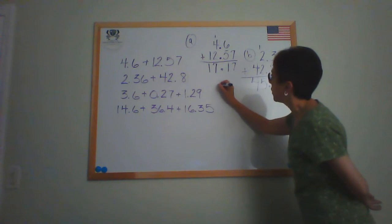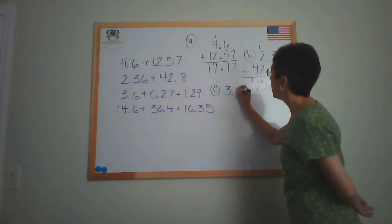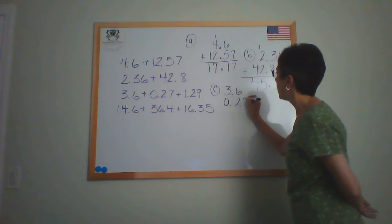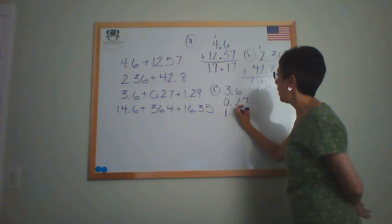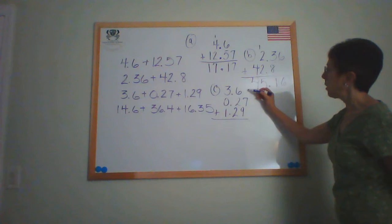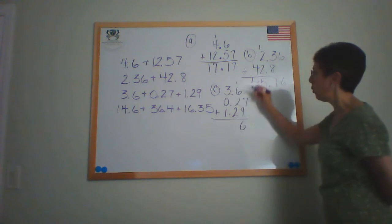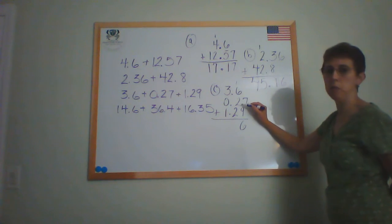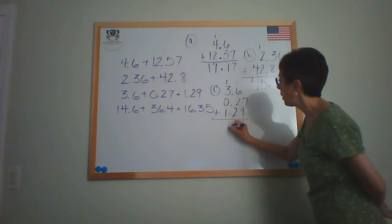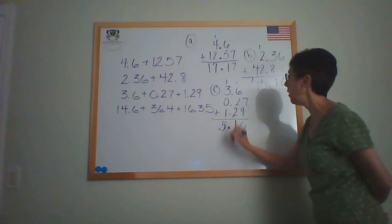Next one, for C, we have 3 and 6/10 plus 0 and 27/100 plus 1 and 29/100. So we add. Here we have nothing, and then 7 plus 9 is 16. Put down the 6, carry over the 1. 1 plus 6 equals 7. 7 plus 2 equals 9. 9 plus 2 equals 11. Put down the 1, carry over the 1. Bring down the decimal point. 1 plus 3 equals 4. 4 plus 1 equals 5. So we have 5